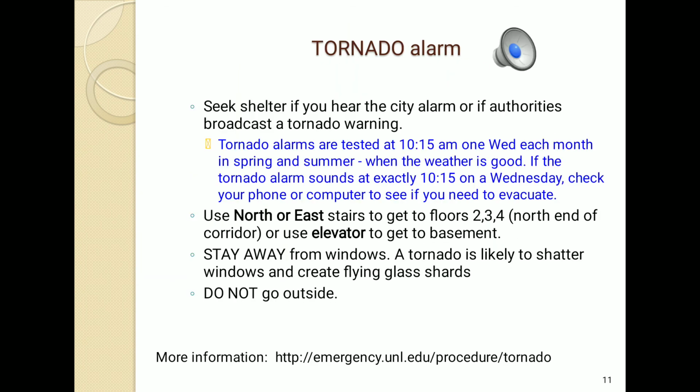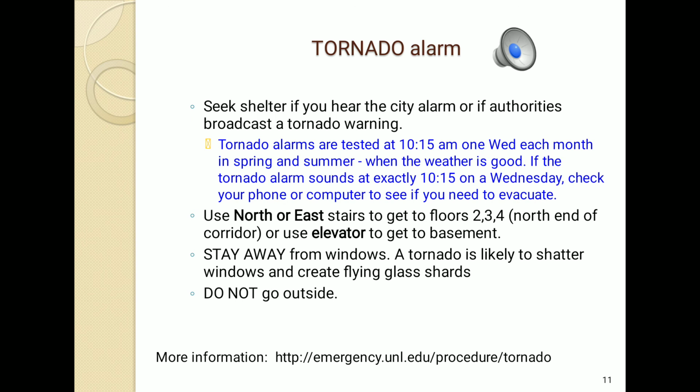Next one is the tornado alarm, that is, seek shelter. If you hear city alarms or if authorized, it is a broadcast of the tornado warning. Tornado alarms are tested at 10:15 am, once each month in spring or summer when the weather is good.